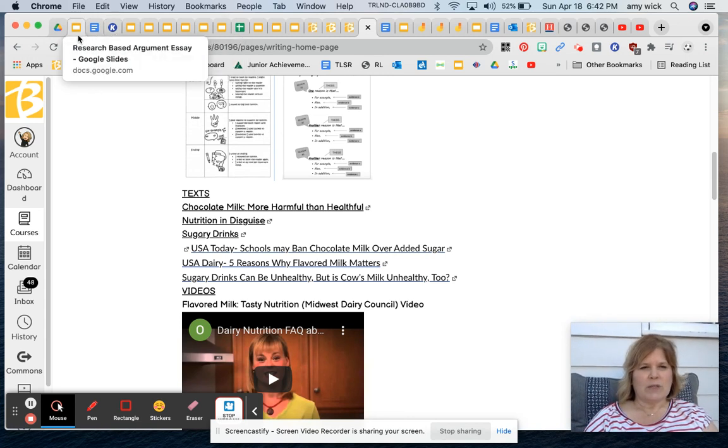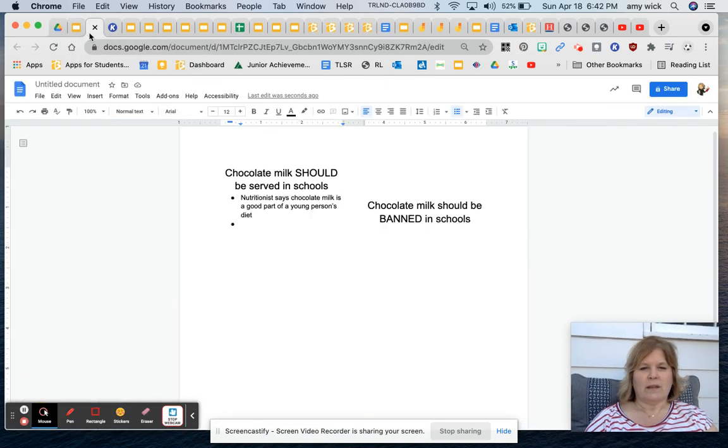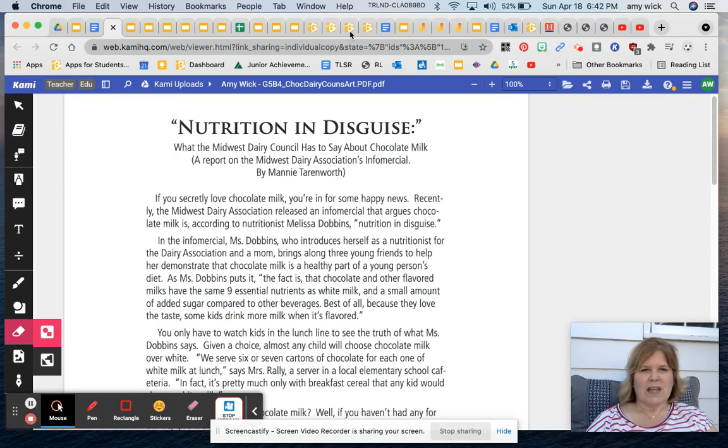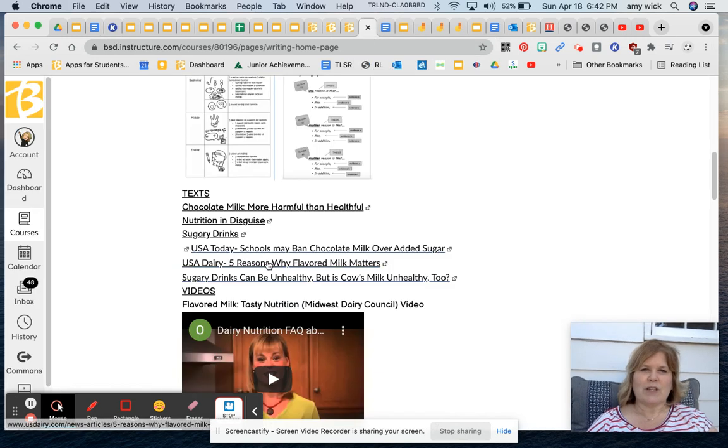That is your job today, all right? You're going to set up a document. It has 2 sides. You're going to listen with an open mind to both arguments and take notes, reading these documents. And if you need to, if you finish that one, go on to these other texts under our writing tab. Good luck, writers. You got this.